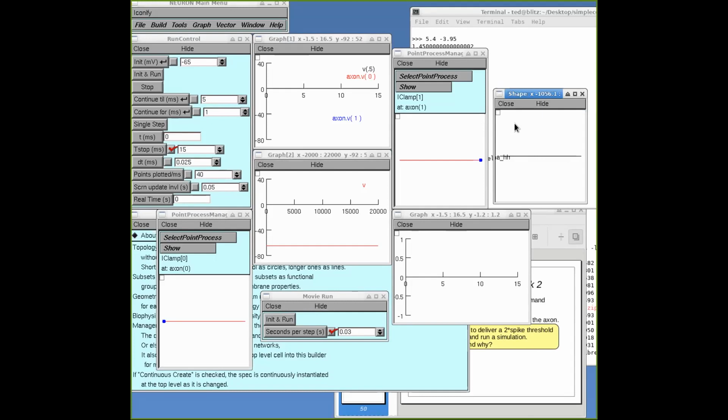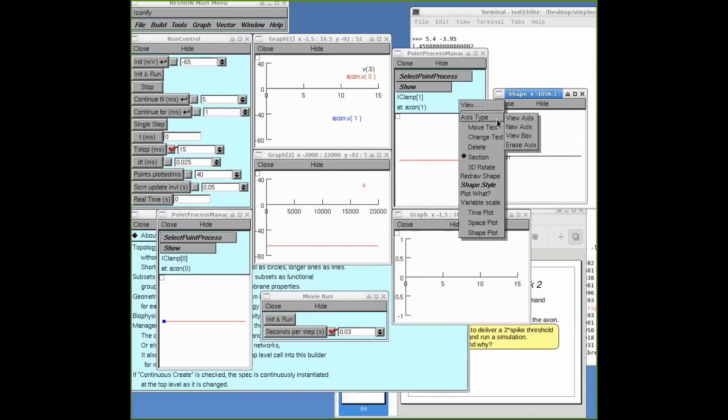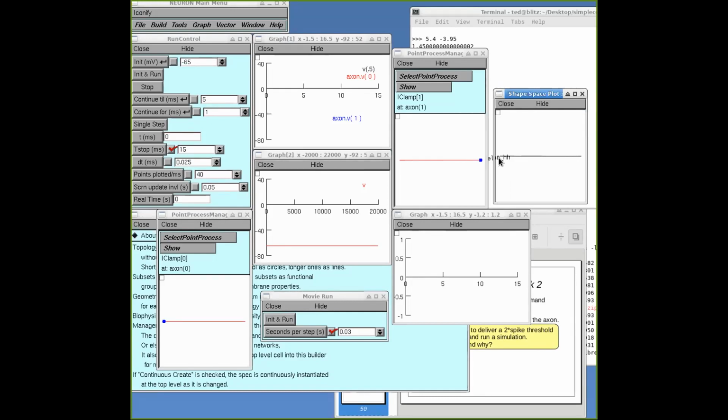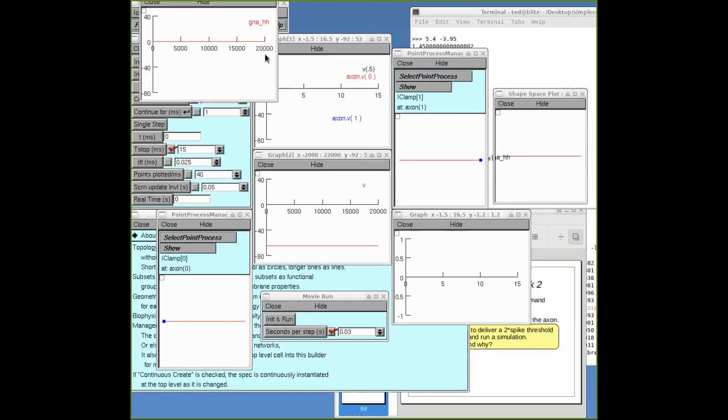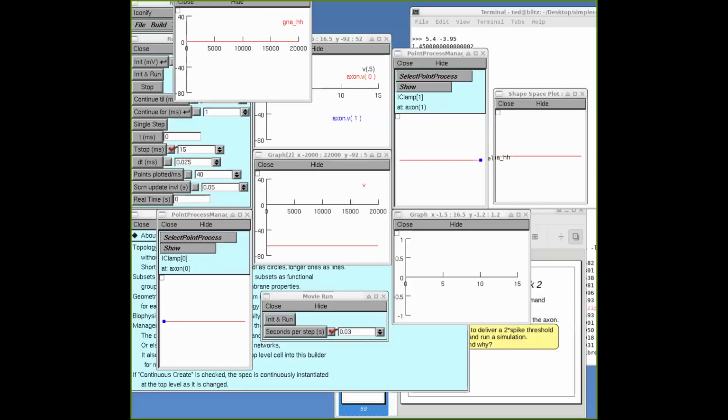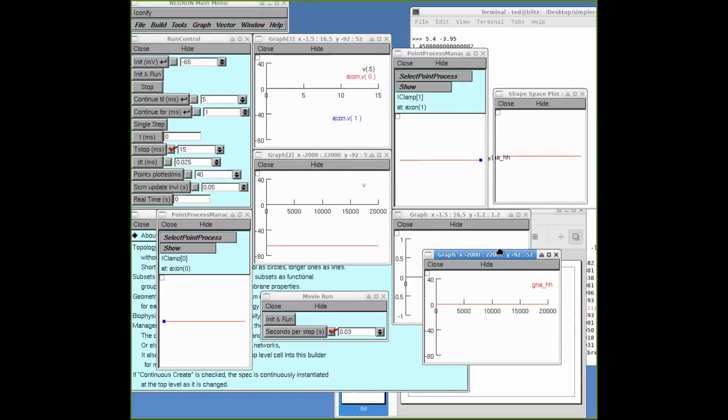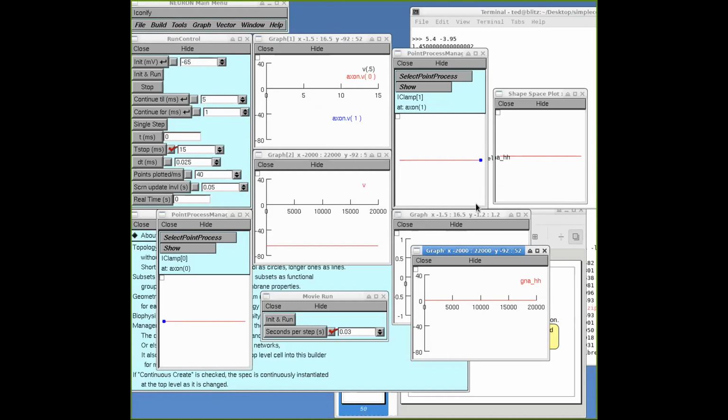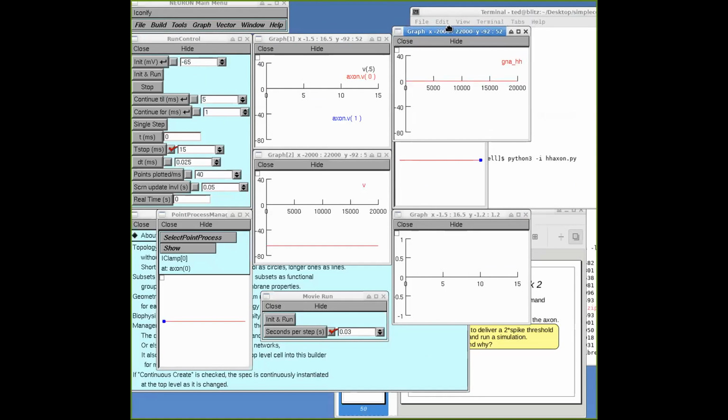Okay, so now I can try to do a space plot of sodium channel conductance. Okay, so this is sodium channel conductance plotted as a function of distance along the axon. Okay, and if I do this, let me do an init, and I'll continue for a couple of milliseconds here,